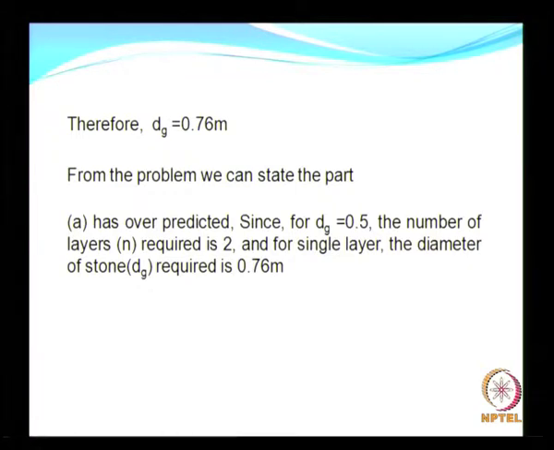And we also found out, since for dg equal to 0.5 the number of layers required is 2, and for a single layer the diameter required is 0.76 meters. So if you are using a single layer the size of the stone might be bigger also. From stability point of view it is always preferred to have more than a single layer,